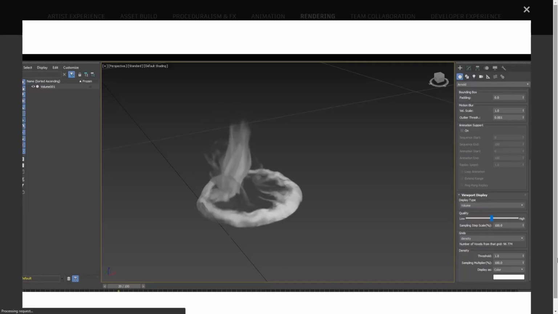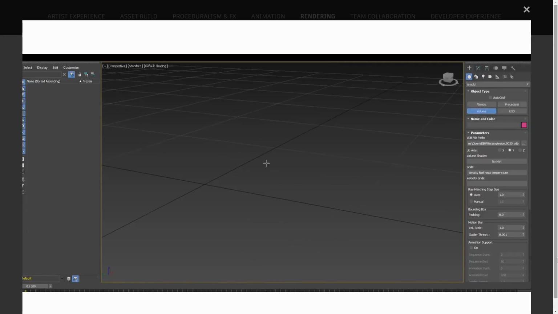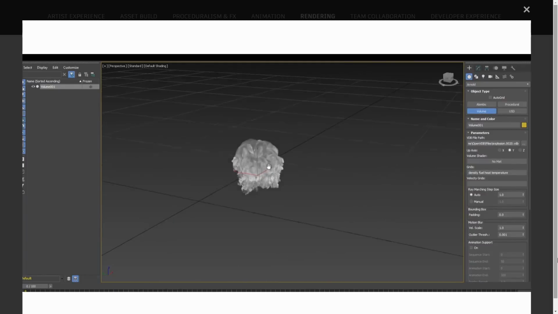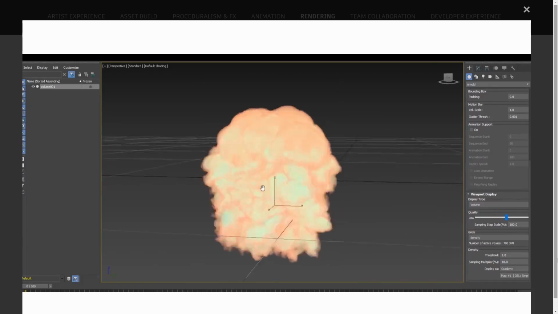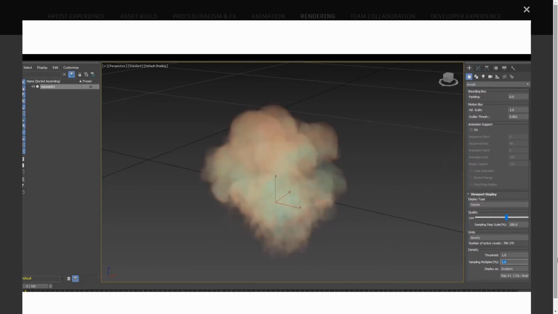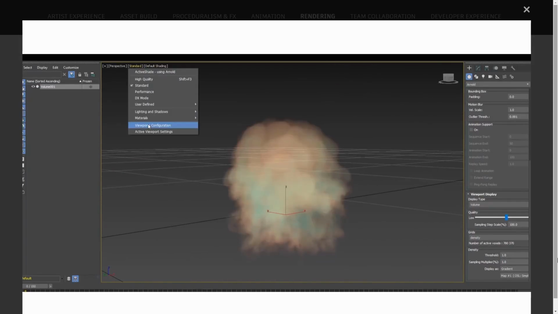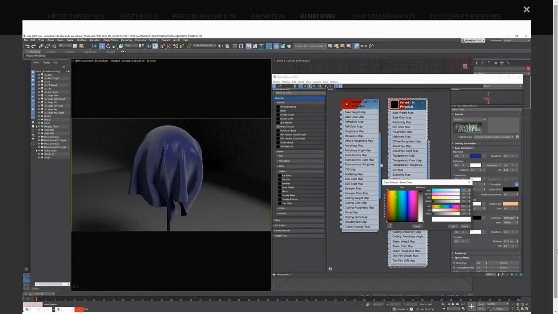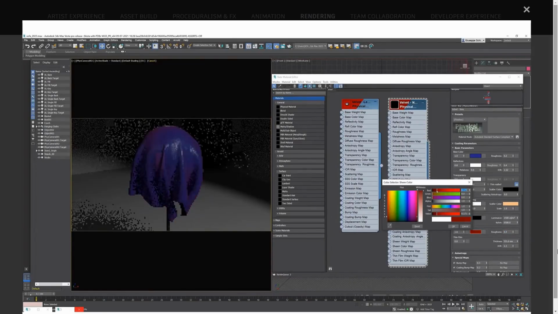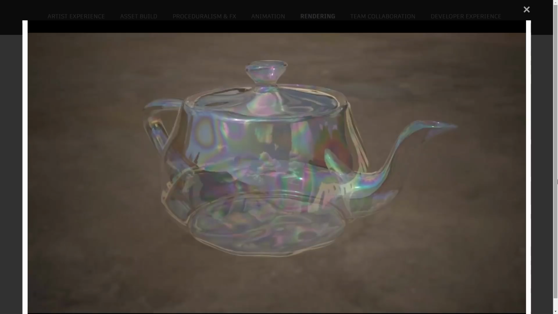And on rendering, we finally have volumes in the viewport, another great thing. In the video you can see how Arnold Volume Import is used to see this function in action, but any third-party tool can use this as well, and we will be able to see this in different situations. But you can see how you can load sequences, you can display any type of data from a VDB, and it's going really fast in the viewport. Also here we can see on the physical material we have a new sheen and we have a new thin film for rendering or for viewport visualization.